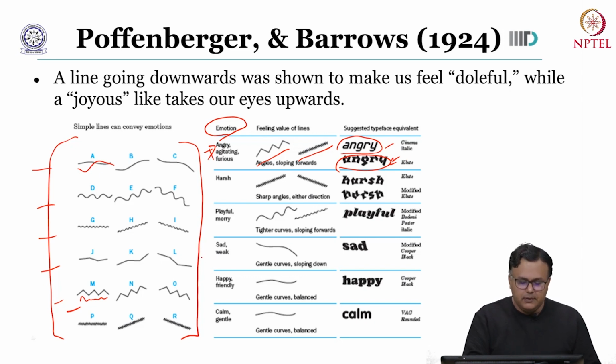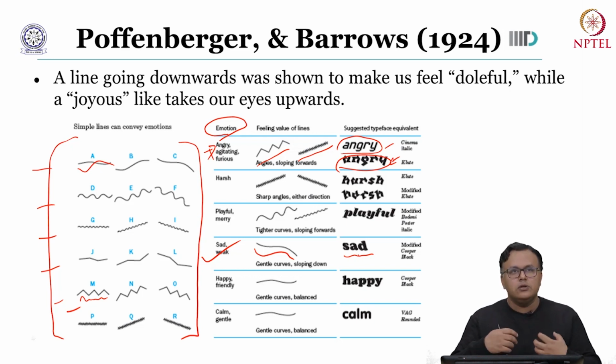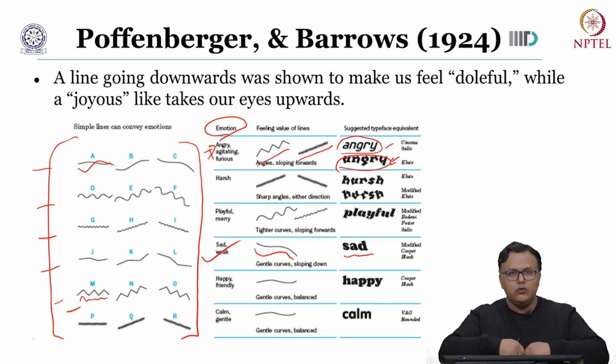Now, let us pick up the sad emotion, right? So, in this case, if you have a gentler curve which is sloping down, and then you use these suggested typeface equivalent, you can actually observe that this is slanting backwards, sloping down. So, text in this would be perceived a bit more seriously in the gravity of the content which it is